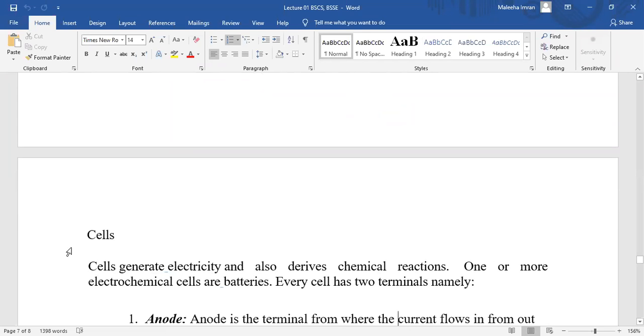What are cells? Cells generate electricity and also drive the current. They generate electricity due to a chemical reaction, so they are also known as electrochemical cells, or batteries are also an example of the